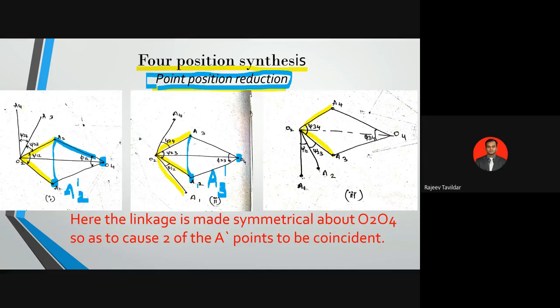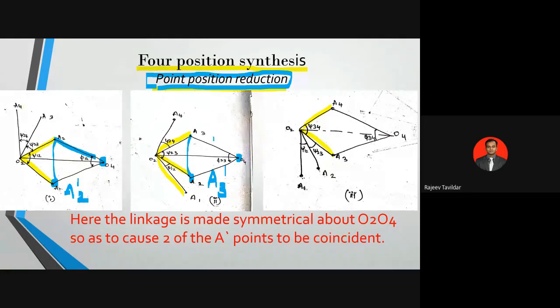Of course, just for a change, what we have done here is, in the earlier case, if you remember, we used to draw the three output links and then rotate them and get the input links. In this case, I have drawn the input links, I'll rotate the input links and I'll get the respective output link. That is the only difference. You have 100% freedom to do it in either way. You can either draw input links, rotate and get output link, or you can draw the output links first, rotate them and get the input link.